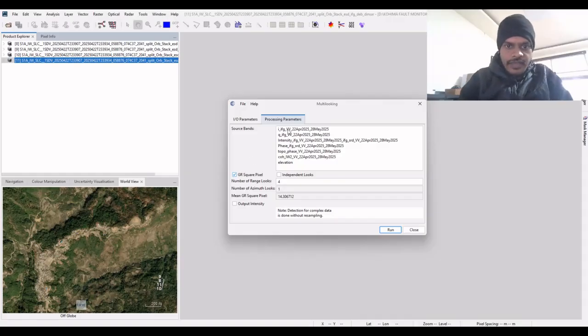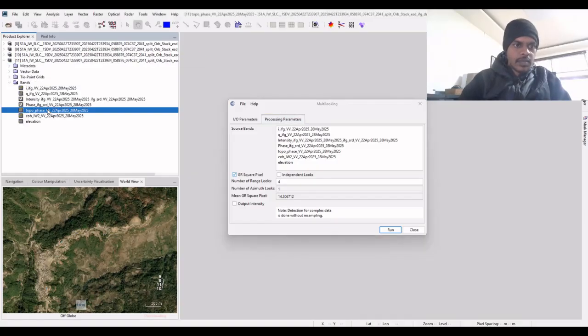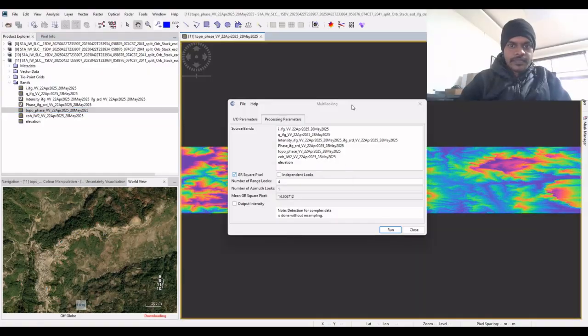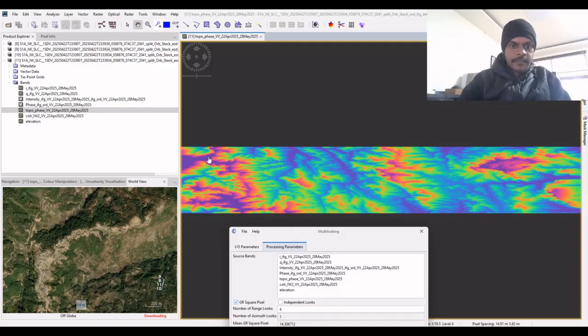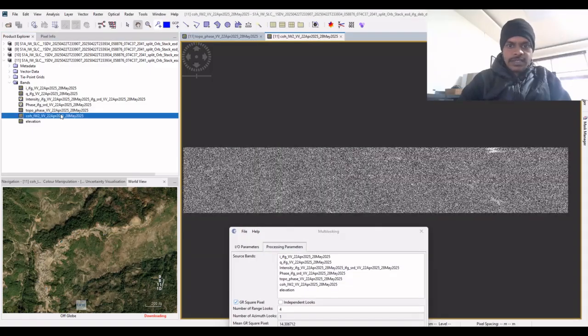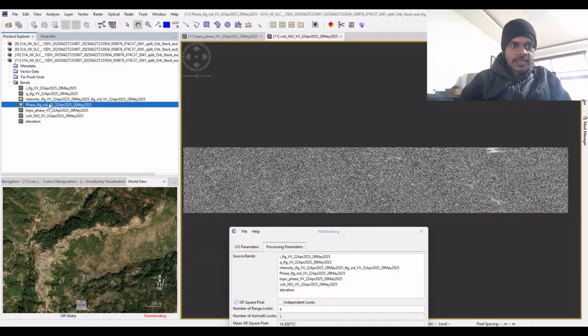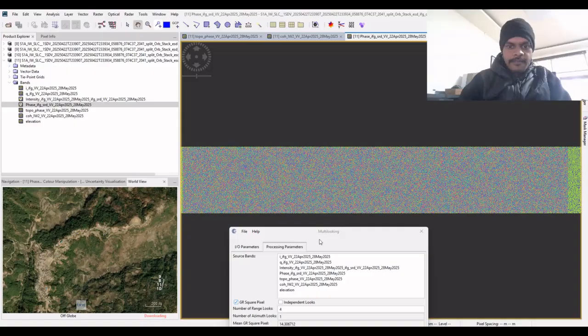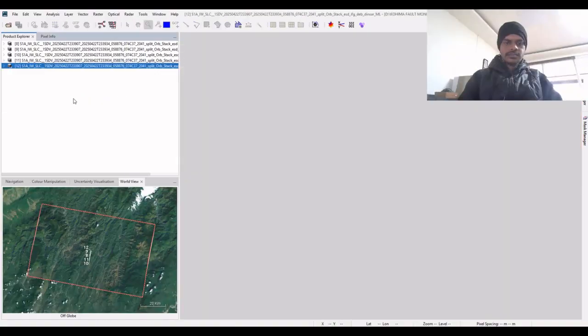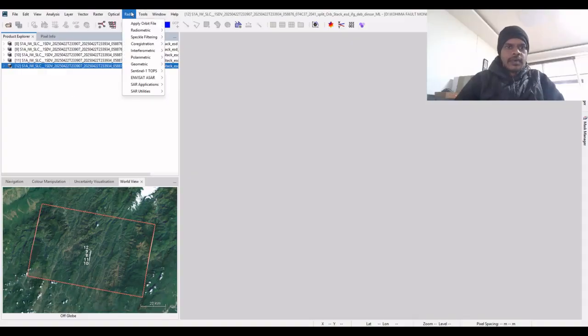We have the source bands from the previous image, we have the elevation, we have the topo phase also. So, let us have a look at that one once. We have the topo phase here and then we have the coherence image and then we have the phase also. Now, we will apply the multi-looking and then see the result. Once this is done, we will go for the next phase of Goldstein phase filtering